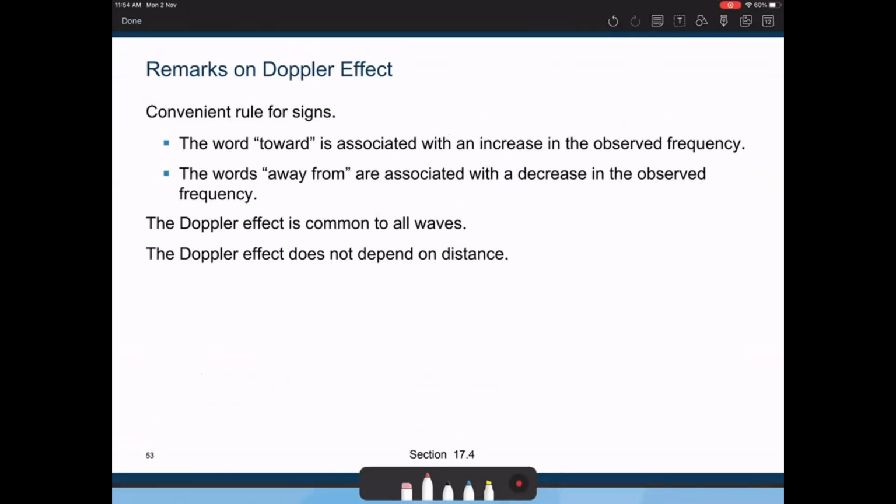The important point here is that although we introduce the Doppler effect for the sound wave, in fact, it is present in all kinds of waves. As I mentioned at the beginning, the Doppler effect can also be observed in the case of the light wave or electromagnetic waves in general. Although the situation is slightly more complicated, you may need to have some corrections due to the